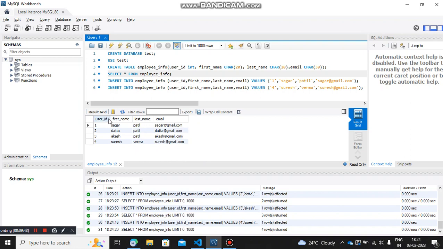So if you want to delete this database, then it's straightforward, simple. So drop database, and you need to